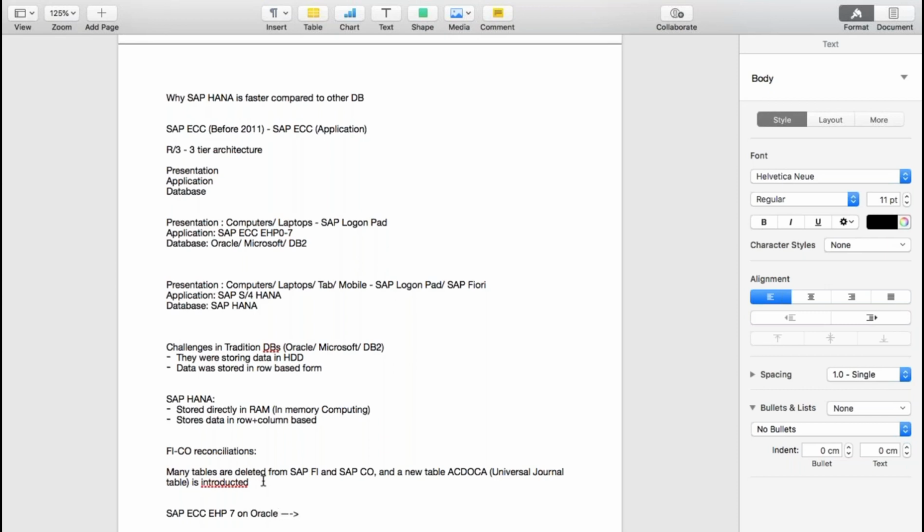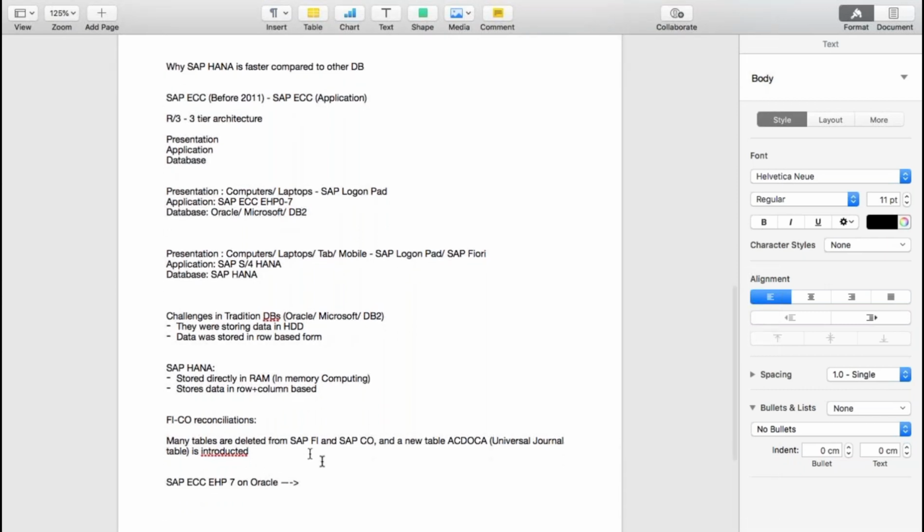Now, what exactly do you want to perform: do you want to upgrade your database or your system application? If I talk about only database upgradation, then from SAP ECC EHP 7 on Oracle, you will be migrated to SAP ECC EHP 7 on HANA, which is nothing but Suite on HANA, SoH.